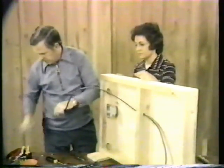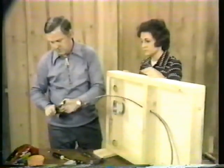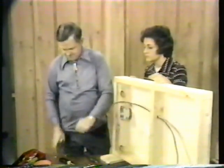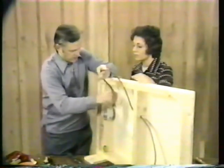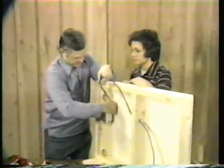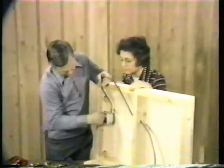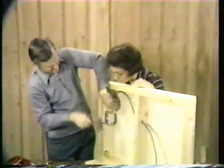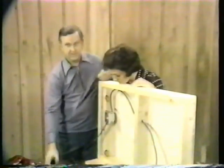I have to trim off this because I was showing you what it was all like. So don't start stripping the wire back till you get it in. There we go. Reach up inside. Pull the wire right on through. Now, let me tilt this back. If you look right up at the top here,